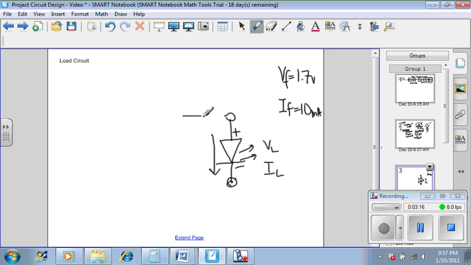What that means is that if I apply 1.7 volts across this diode, then I can expect a current of 10 milliamps. So if you can go to the market and find a battery that's rated at exactly 1.7 volts,